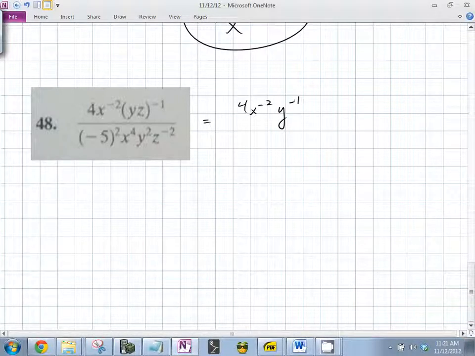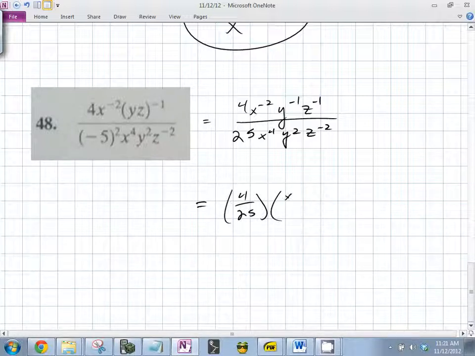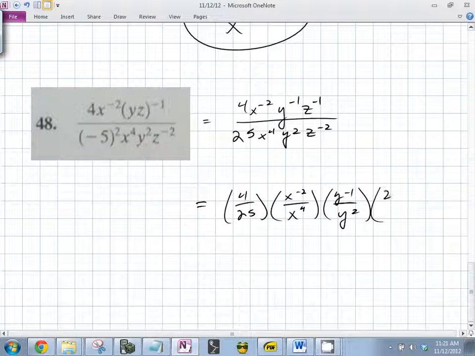Y to the what power? Negative 1, z to the, you see that little line I put through the z? Why do I do that? So it doesn't look like a 2. Yeah, 25x to the 4th, y squared, z to the negative 2. Put the little line through it, that's fine. Now you just group it up, right? 4 over 25, x to the negative 2 over x to the 4th, y to the negative 1 over y squared, and z to the negative 1 over,